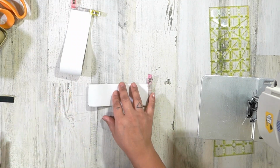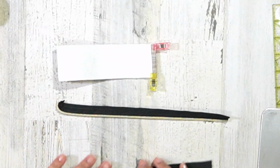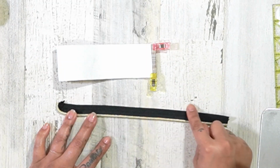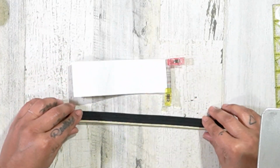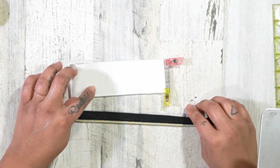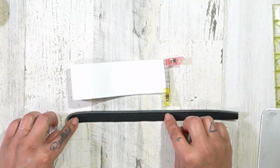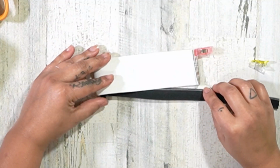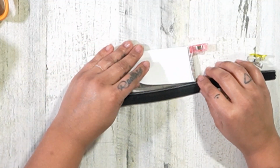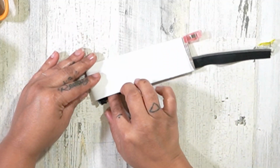Alright, let's grab our zippers. Now we want the raw edge of our zipper to be aligned with the raw edge of our zipper panel. Right now the zipper is right side facing down. Place it right in there and just push it in as far as it can go,